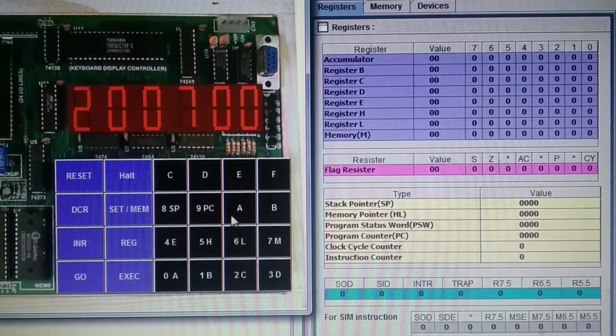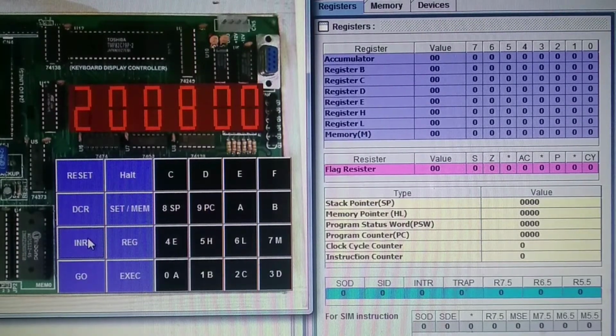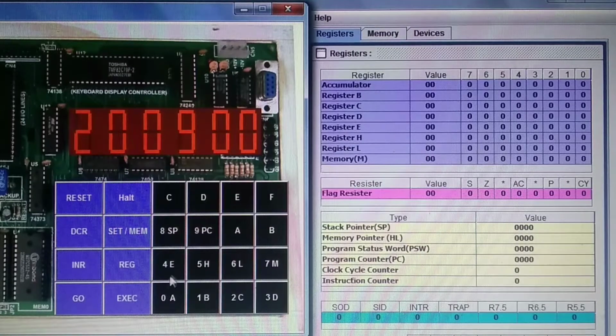Increment 7E. Increment FE. Increment D9. Increment C2. Increment 0E. Increment 20. Increment 14. Increment 1D. Increment C2.